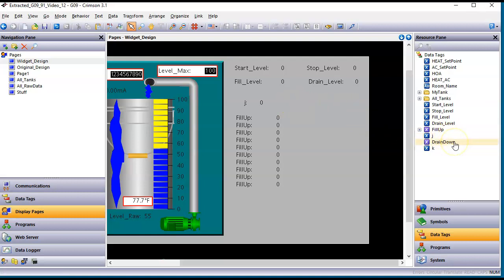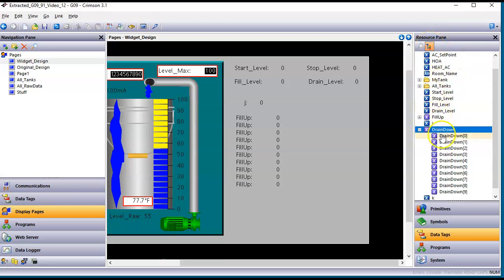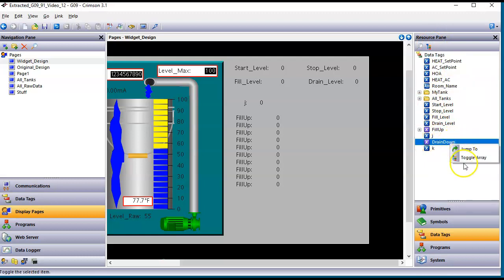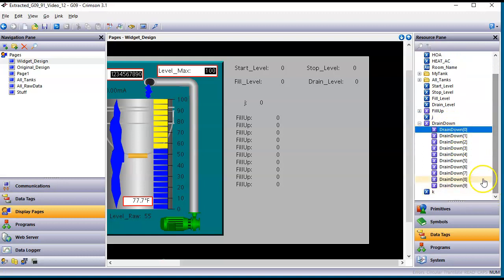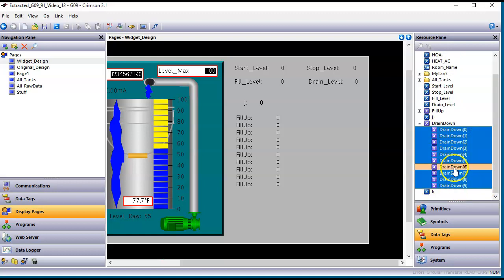Over here on the left, I'm going to click on the drain down tag on the right side. Once again, I'm going to either toggle the array here, or you can right click on it and toggle array, so I can see all 10 elements. Then I'll highlight the first element 0, slide down a little bit, hold down my shift key on my laptop, drag this guy out here like this,